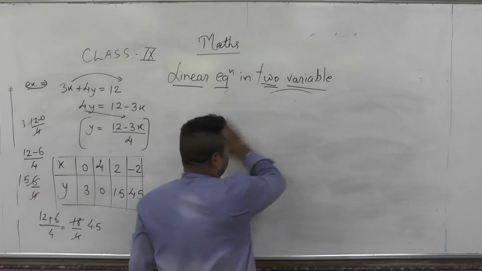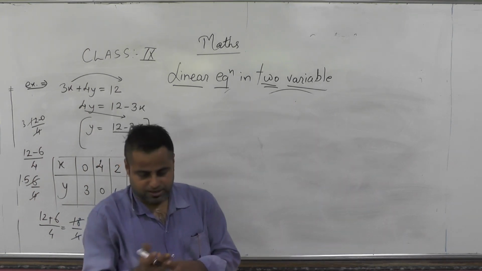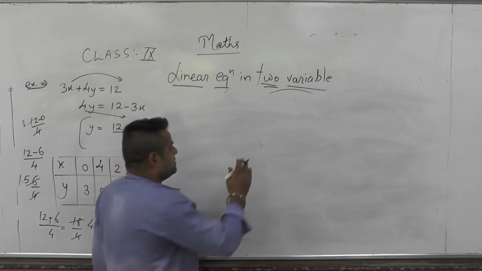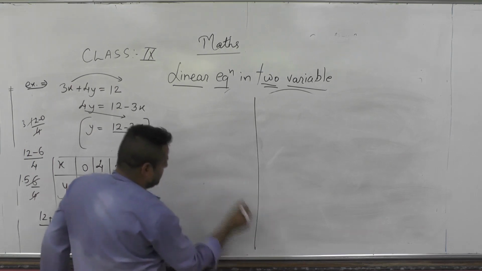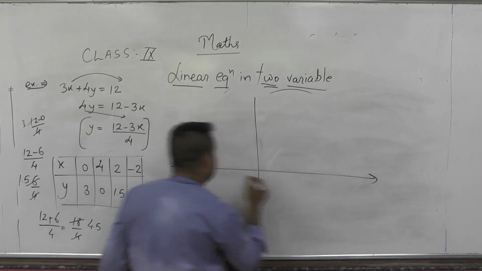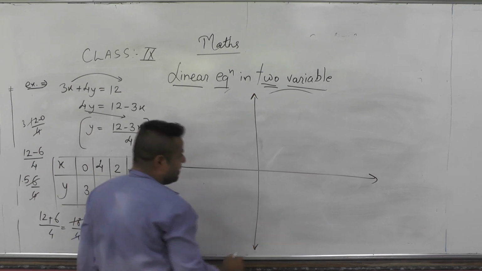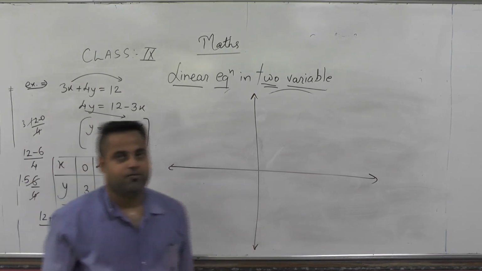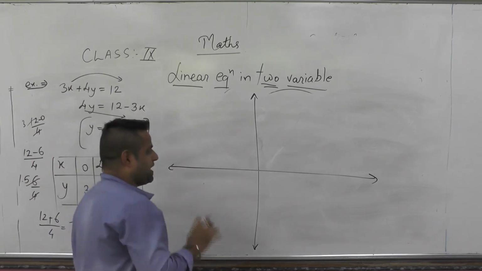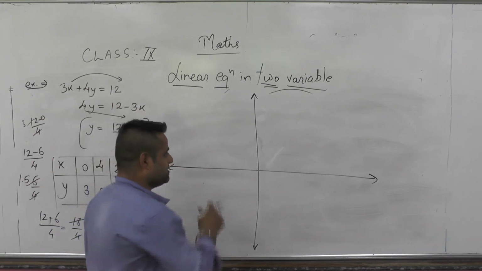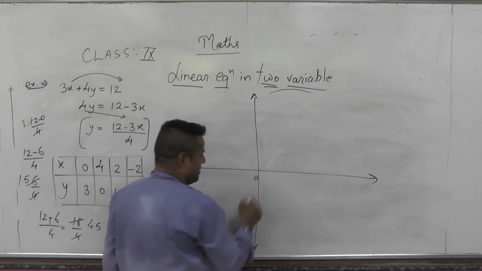Now, we are making the graph. How to make the graph? Let's understand that. We all have learned graphs. See, in a graph there are 2 axes, the x-axis and y-axis, horizontal and vertical. The x-axis is also called the abscissa, the y-axis the ordinate. When we learn coordinate geometry, we will learn it better. But for now, you just need to remember that these are our 2 number lines. Okay, 0 is at the middle.